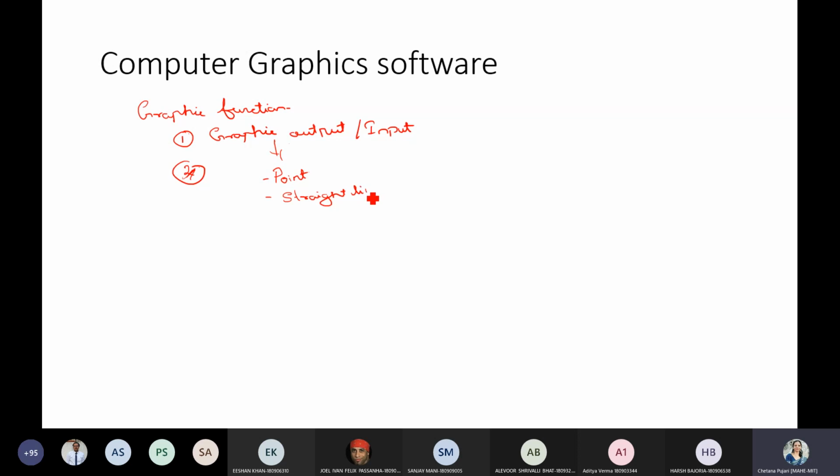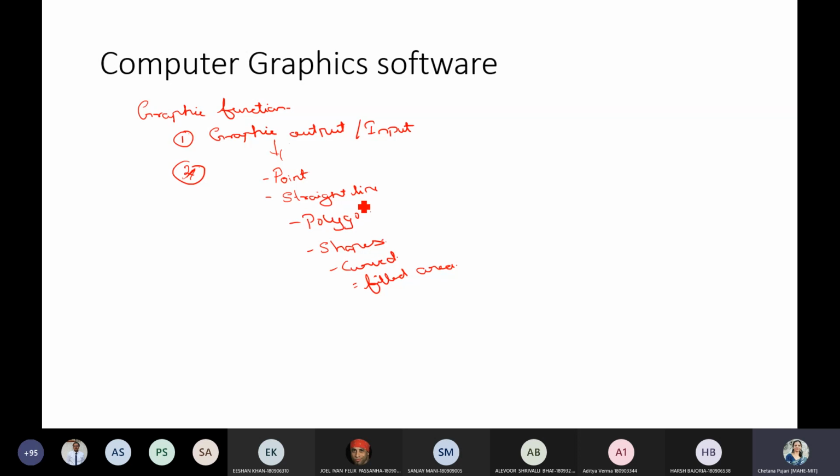Then different shapes, basically a polygon. We are going to see different algorithms later on in the next chapter, and different shapes, curved lines. All these things come under graphic output, and a filled area. So this will all come under your graphic output.